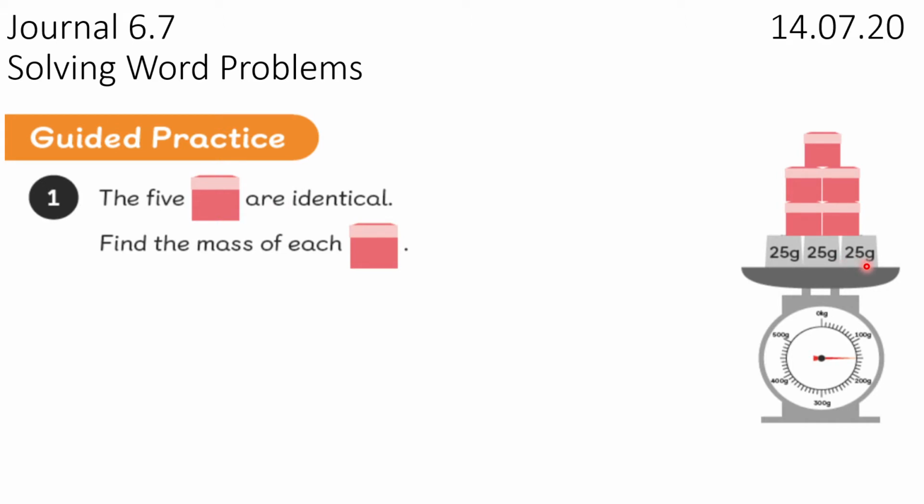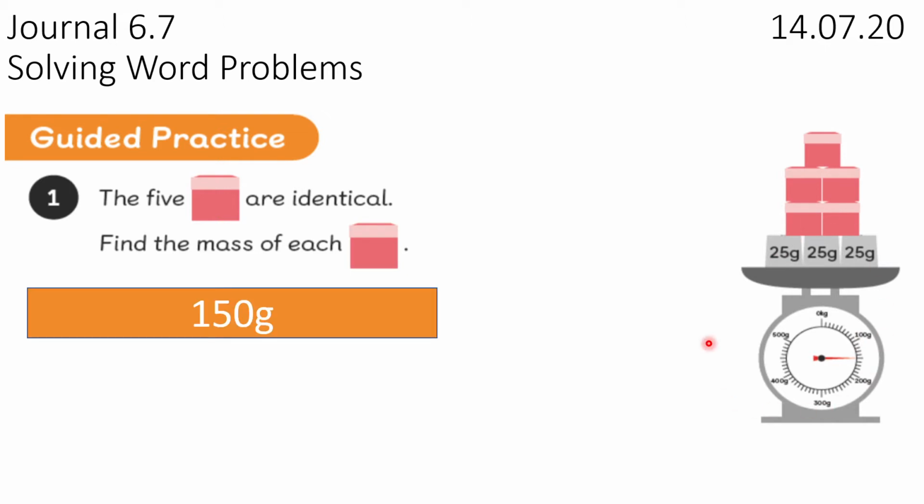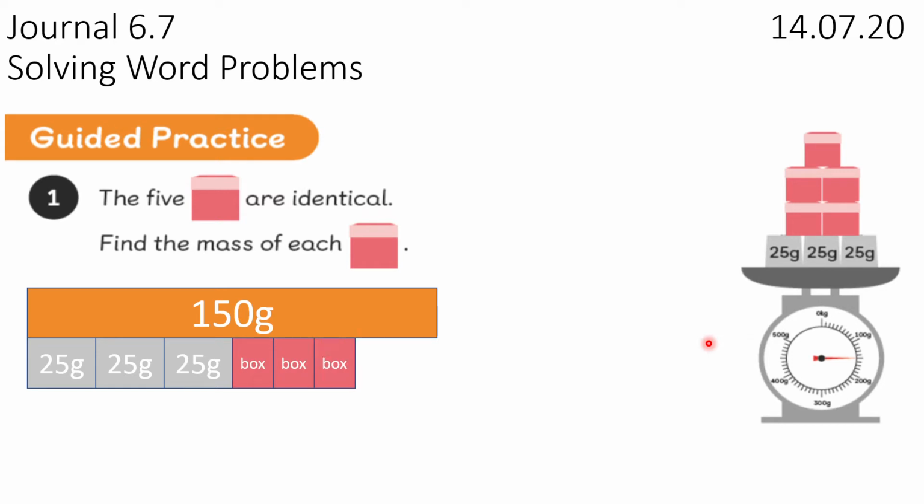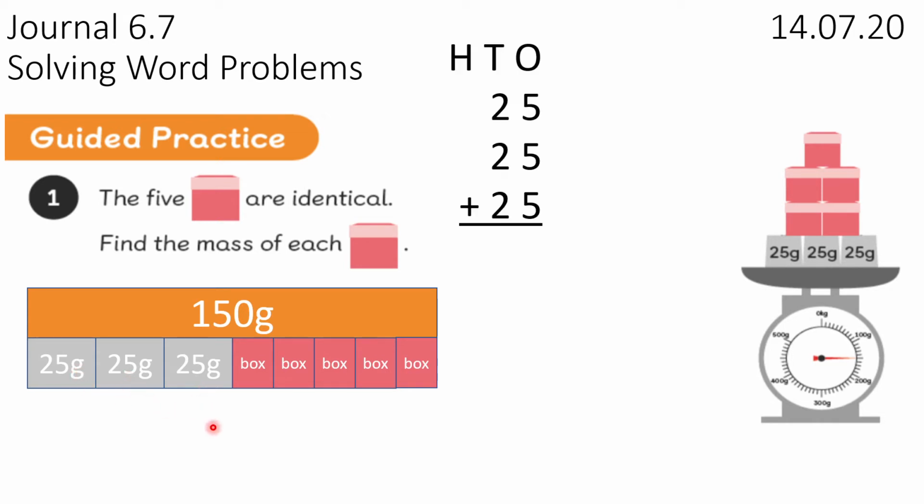So what we need to do is look at the total of everything on the scales. Now we know it's halfway in between 100 grams and 200 grams, so the total at the moment is 150 grams. Now that is made up of 1, 2, 3 25-gram weights and 1, 2, 3, 4, 5 boxes. Now to find the total of the boxes altogether, we need to take away the total of the weights. Now 25 add 25 add 25,